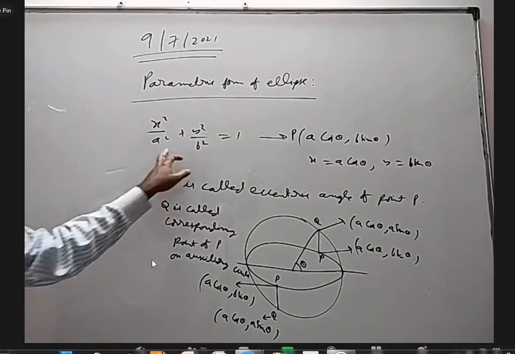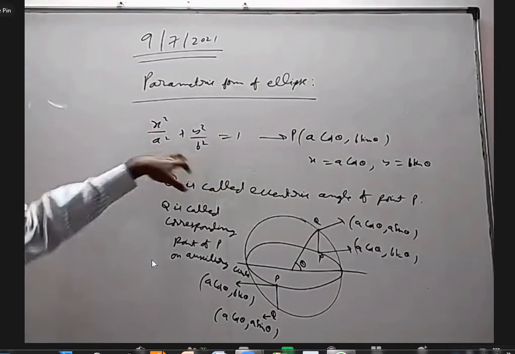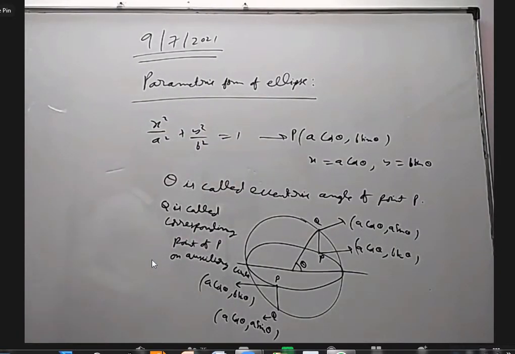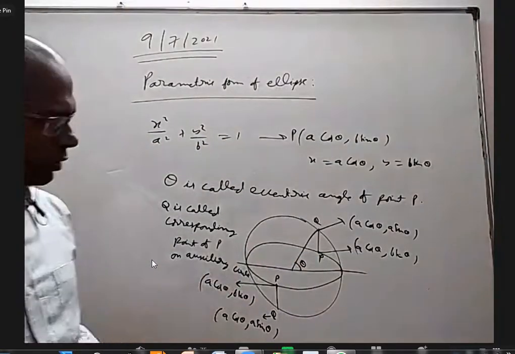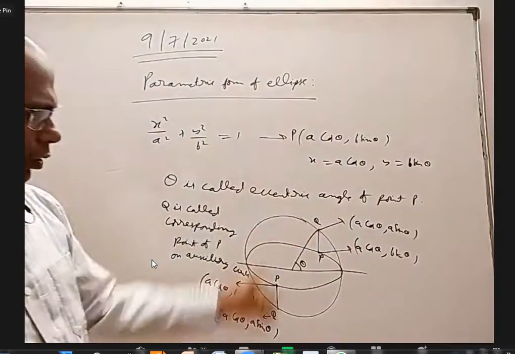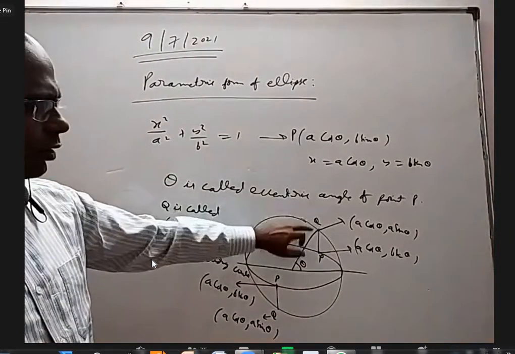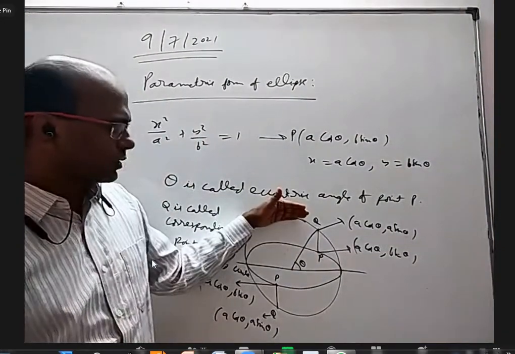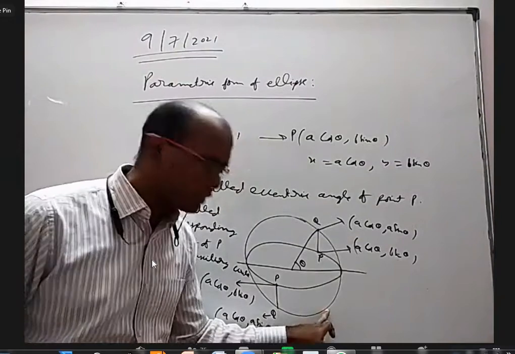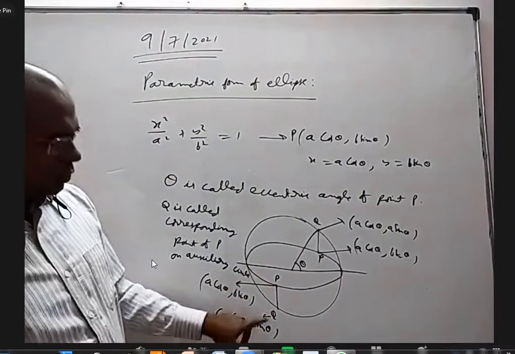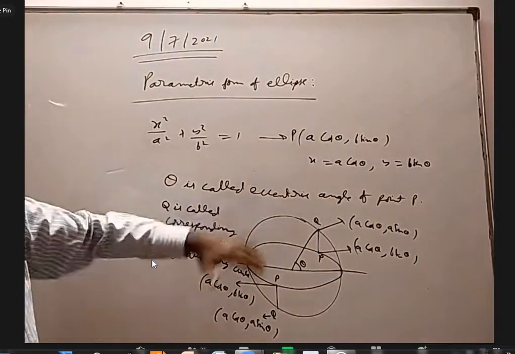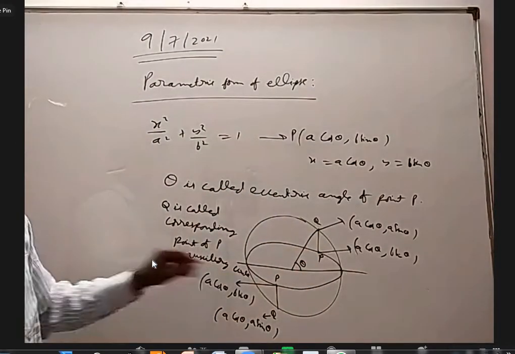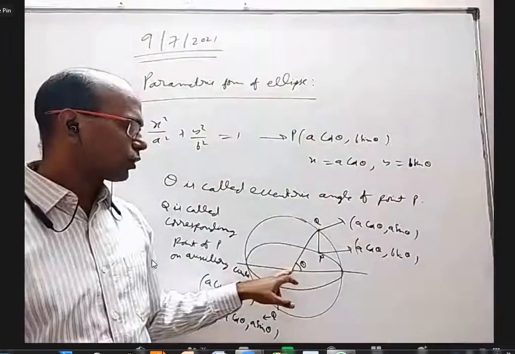Okay, so simple trigonometry we can tell. I can take general point as a cos theta comma b sin theta. It will satisfy. But when you join that point to origin, that angle is not theta. You have to draw an ordinate through P. It will intersect the auxiliary circle at one point, on the same side of the major axis. If P is here, Q also should be on the same side. You cannot draw one line through P and say this is Q. When you take P down, Q also should be down. So P and Q should be on the same side of the major axis. Then Q is called the corresponding point of P on the auxiliary circle, and that point when you join to origin, you will get theta.